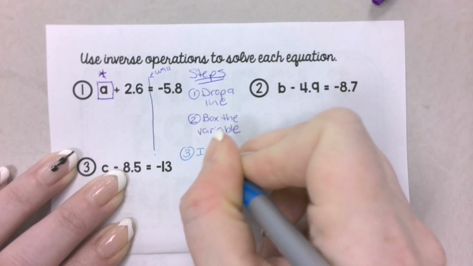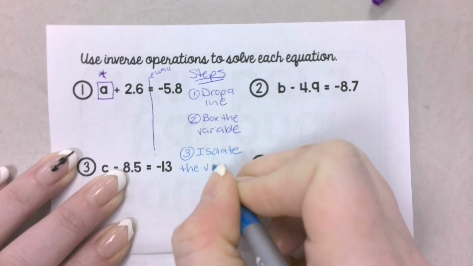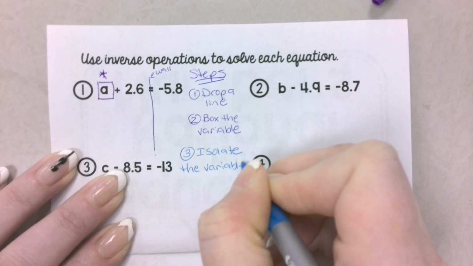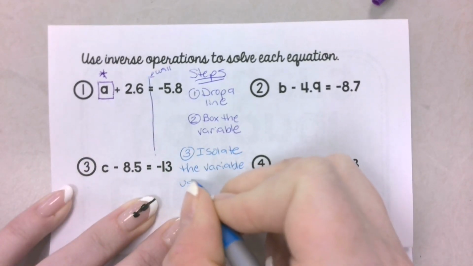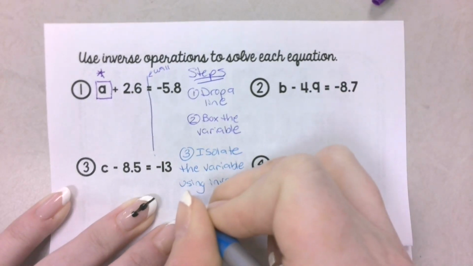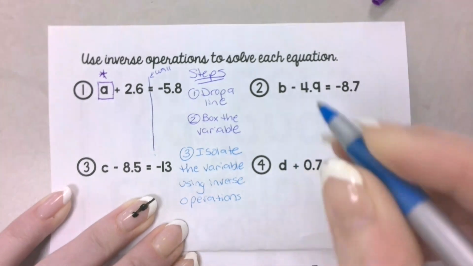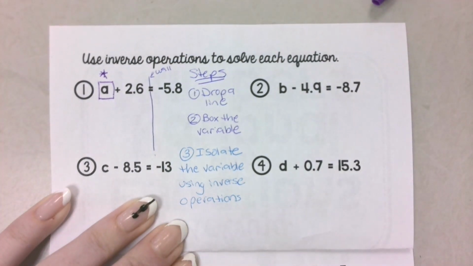Step 3 is isolate, meaning get the variable by itself, using inverse or opposite operations. These 3 steps will allow you to solve any problem that's in front of you as long as